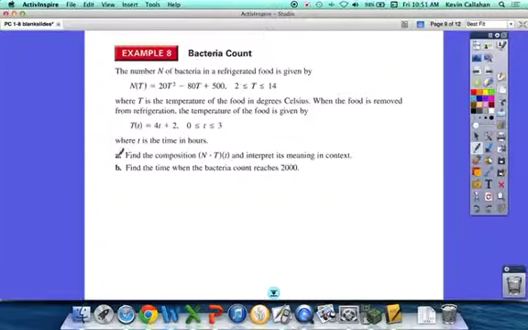So the first part of the problem says, find the composition of the function N of T, where the first T is capital T. N of T. Find the composition. And the second part will be, find the time when the bacteria count reaches 2,000. Well, how do you find the composition again? The N of T,